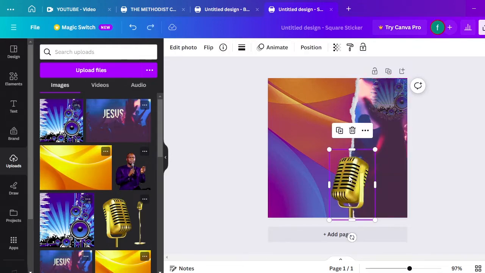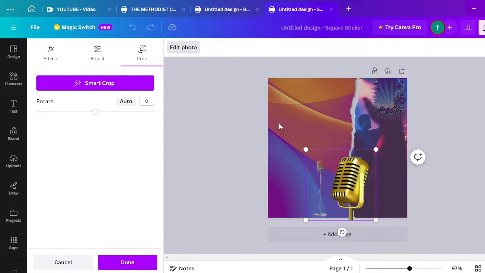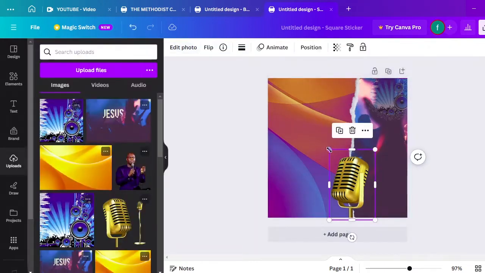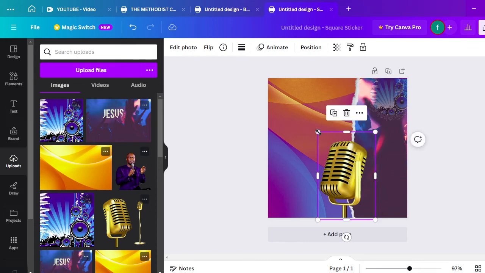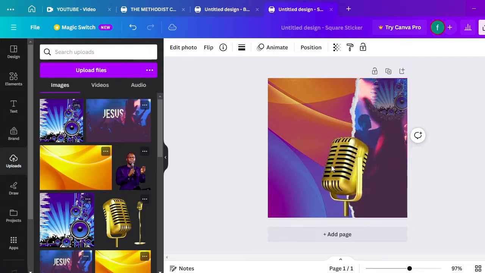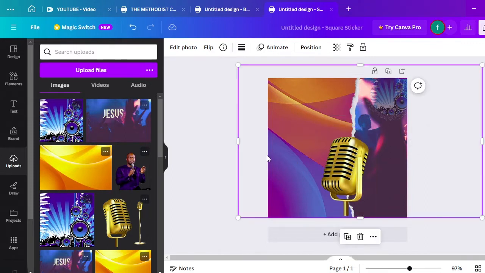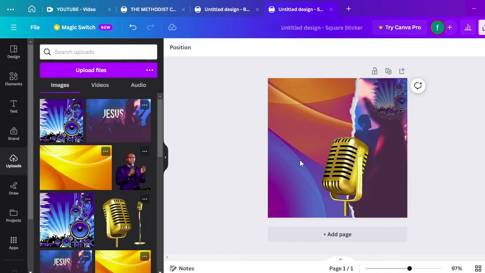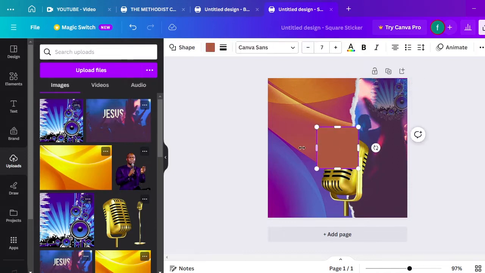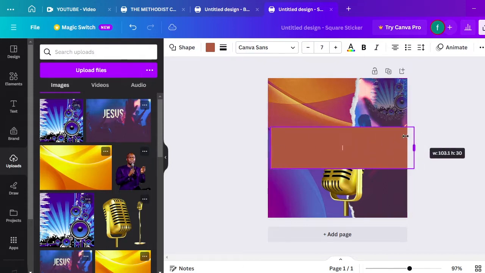So after you are done removing the background of the microphone, and this is what you are supposed to do, you increase the size, but the moment you try to carry it onto the frame, you just clip it. It will replace the background. So make sure you use the arrow keys to adjust their position. So don't try to carry them. The moment you try to carry the microphone, it will clip into the background and it will automatically replace the